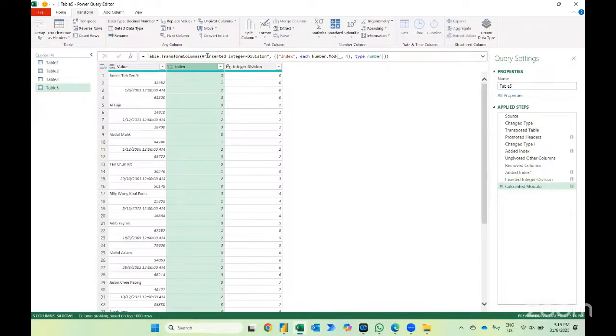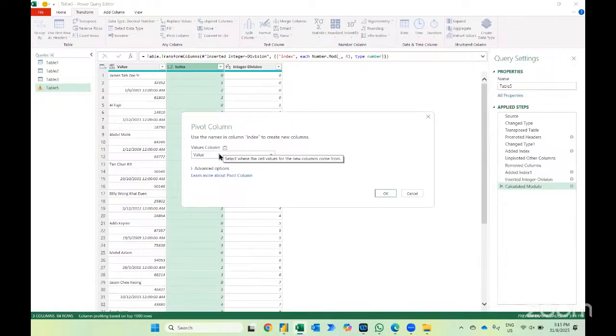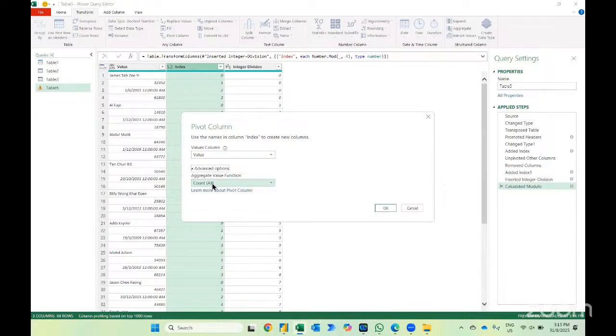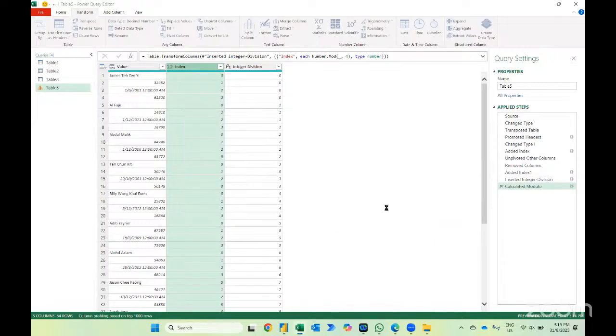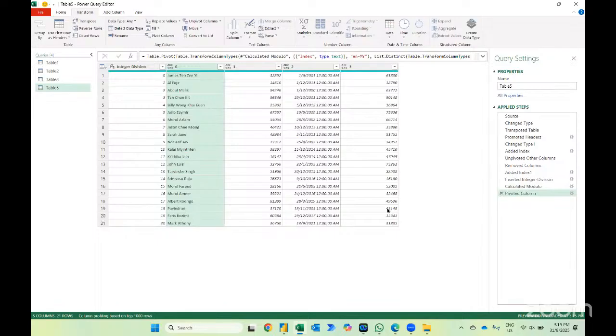And then I go to pivot column. Here I'm going to press advanced option. Count all means it will count all. I'll explain later why we do division and modulo. I'm going to press don't aggregate and press OK. Once I press OK, right now this is the data. Here you have the employee name, the employee ID, the join date, and the